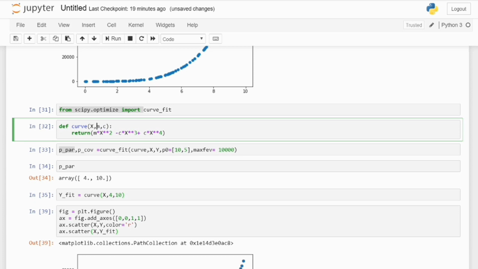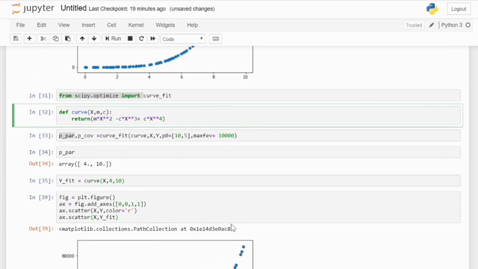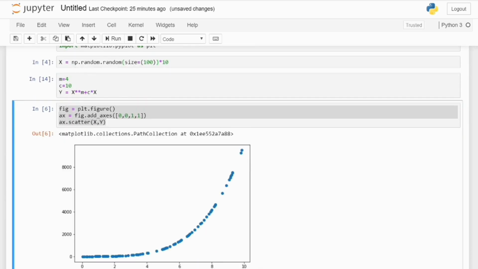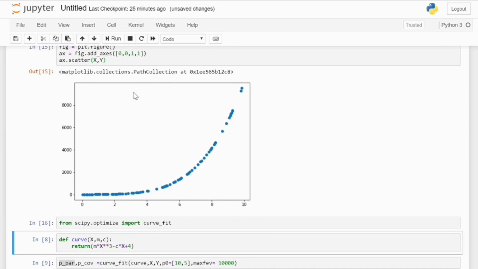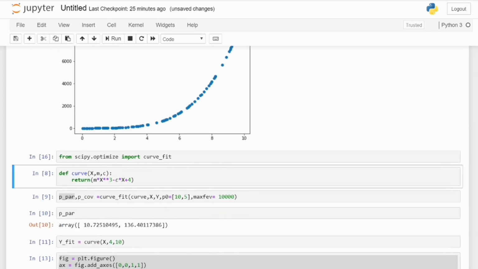But to make these two different, instead of taking this equation, I'll put in another equation over here. You can see that I have created another equation and I'm going to plot this one. Now I'm trying to optimize for this nonlinear equation where I'm taking m multiplied by x, then a cubic term, and then subtracting c multiplied by x plus 4.